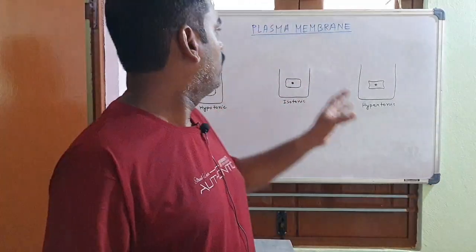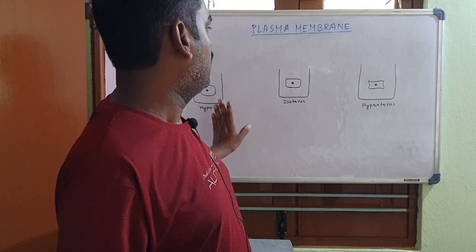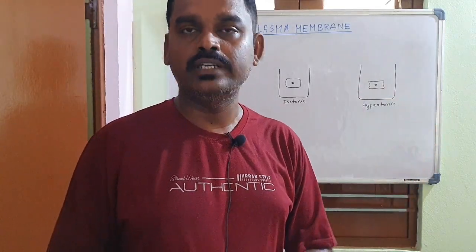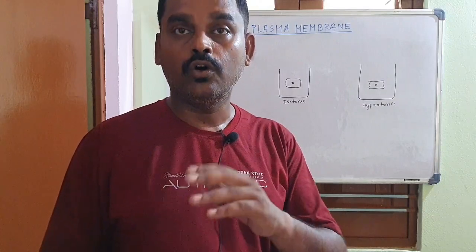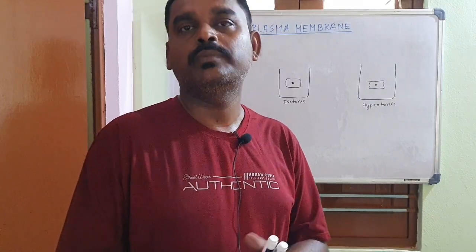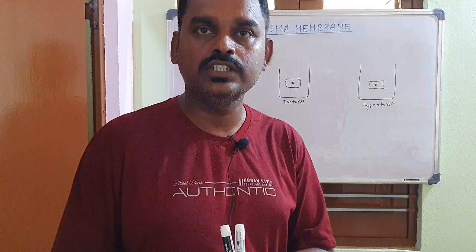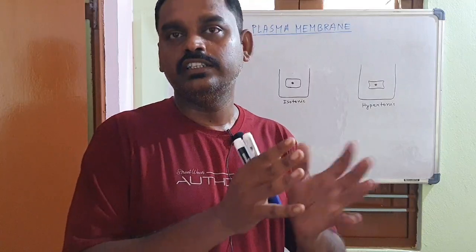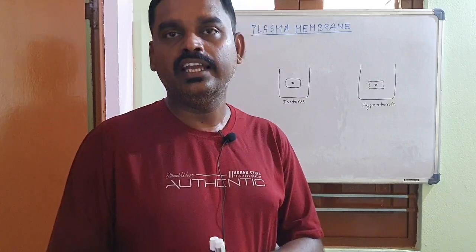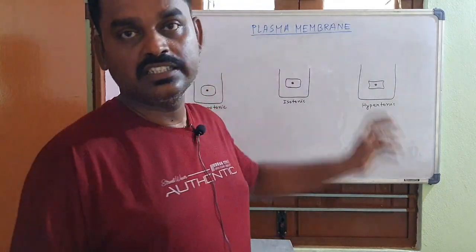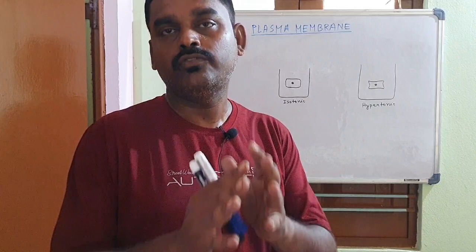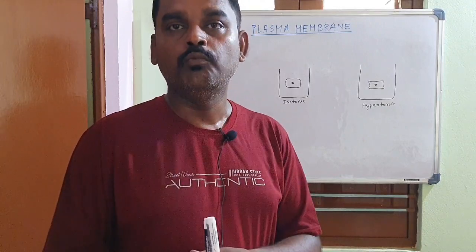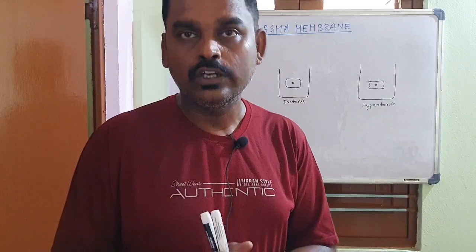Today we will discuss an example of a special type of movement that can be present in a cell, called osmosis. In the last class we discussed that osmosis is the movement of water molecules across a selectively permeable membrane. Here the plasma membrane acts as the selectively permeable membrane, and it allows the movement of water for the requirement of the